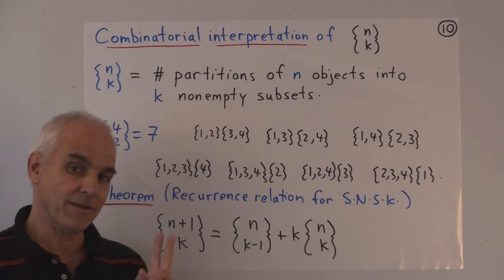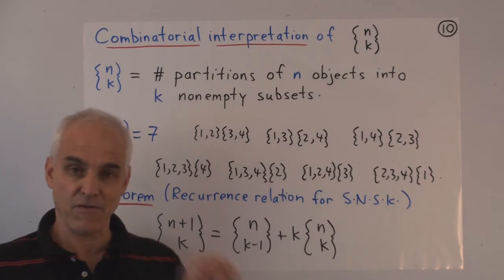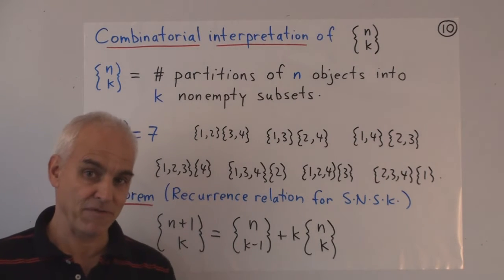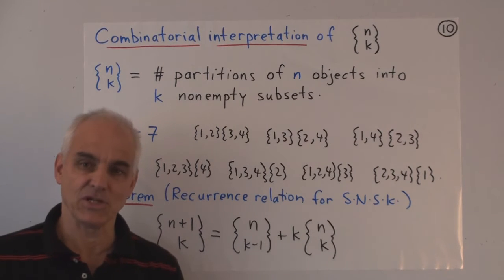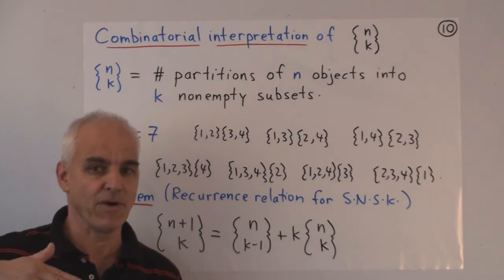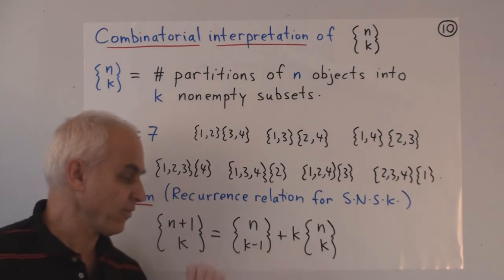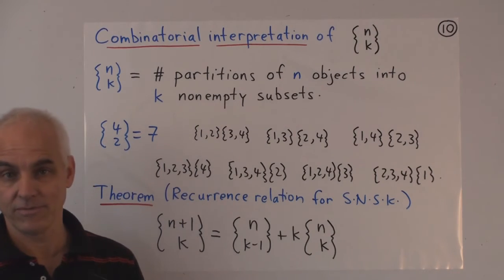However, one difference, a big difference, is that the binomial coefficients have an exact formula that allows you to calculate them pretty efficiently. Calculating the exact values for these Stirling numbers is more tricky, and usually one has to involve a recurrence. So this kind of relation is actually quite important to compute Stirling numbers.